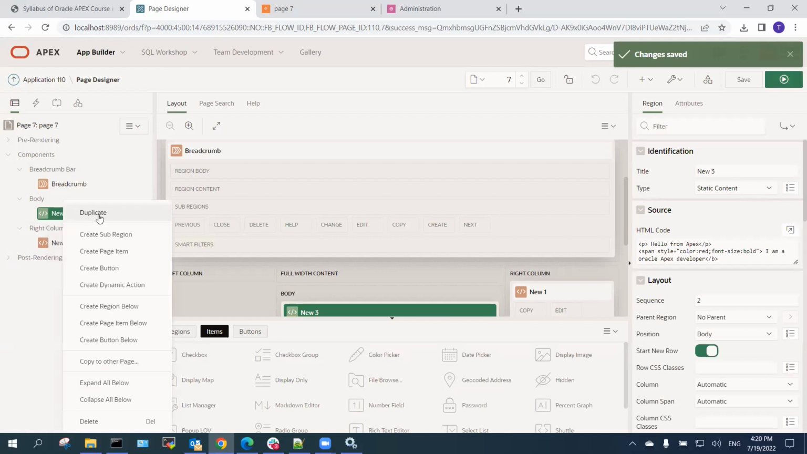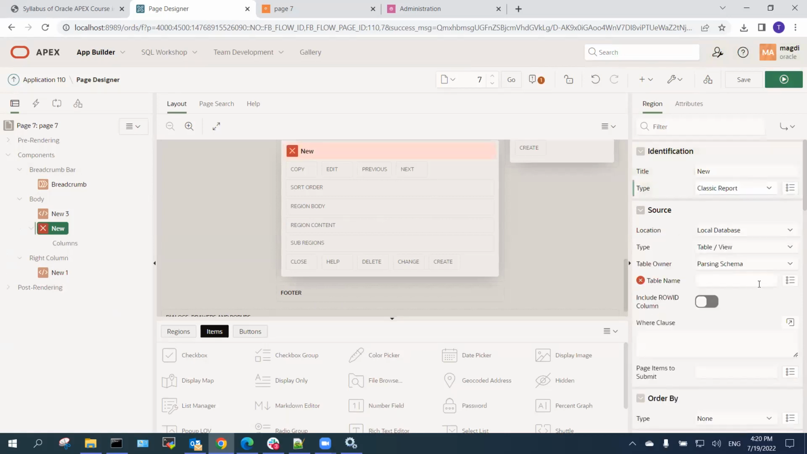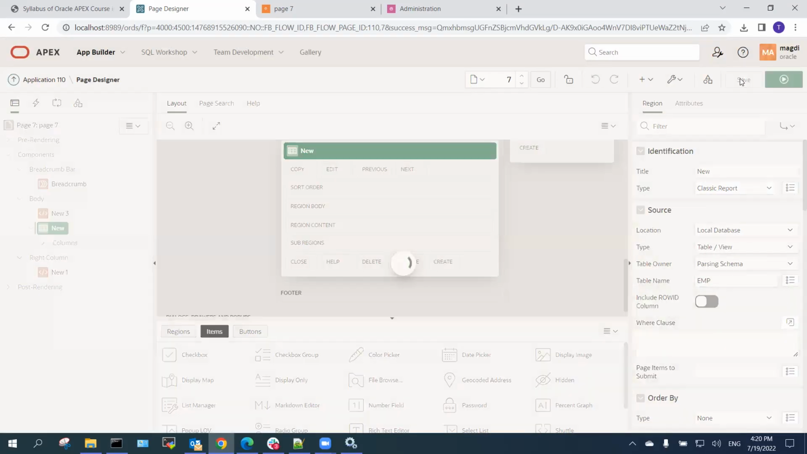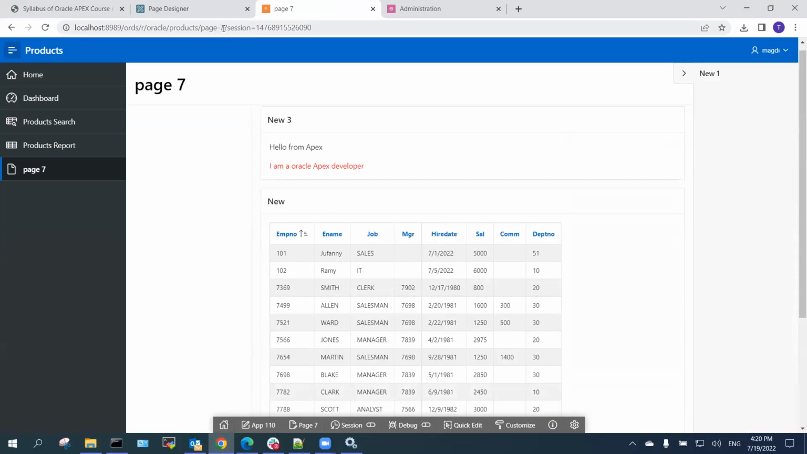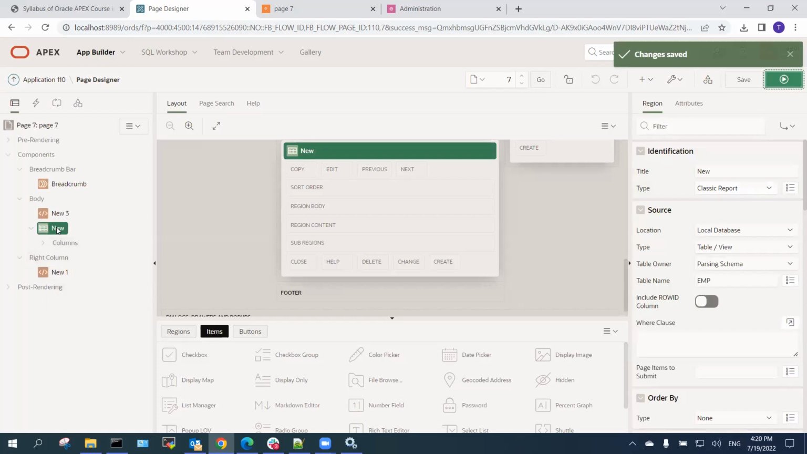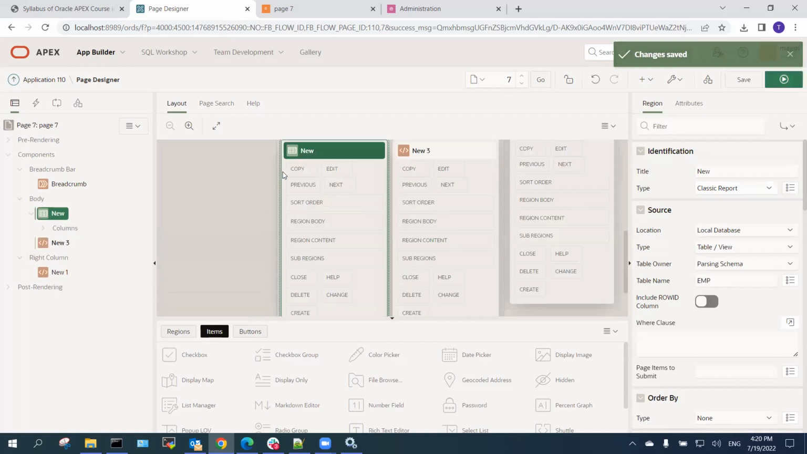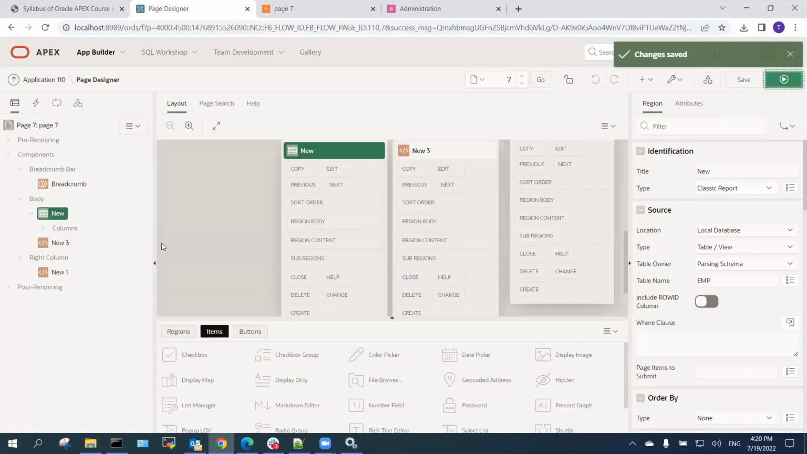We can add a new region here or a sub-region. You can create a region below this. It's a classic report, which should also have the same issue. Yeah, see it, we have a classic report region. We can also add so many regions. We can just move this region to be on the same level, two regions on the same level. Like this, we can add another region